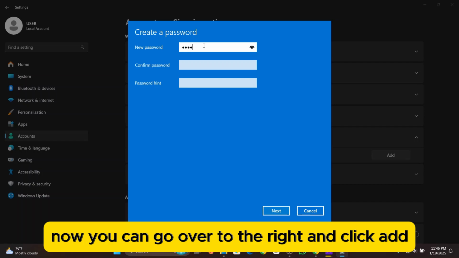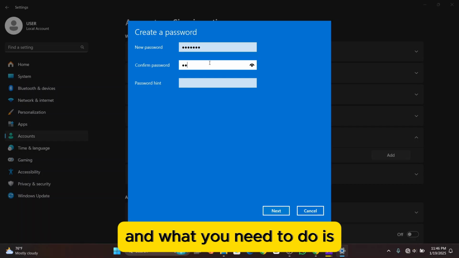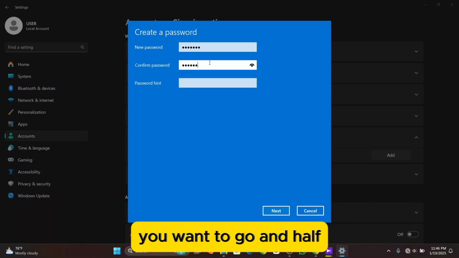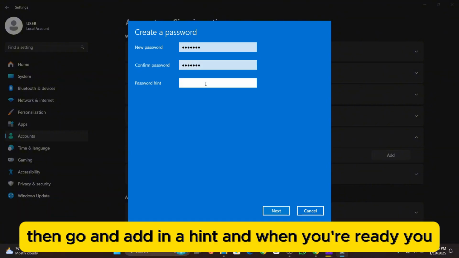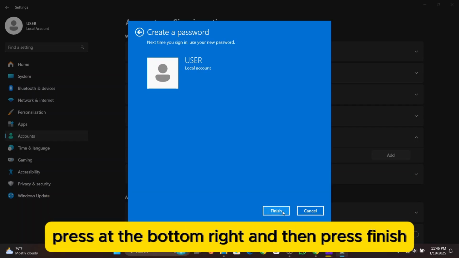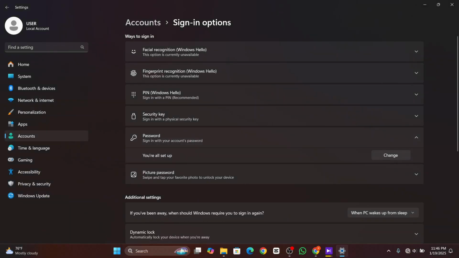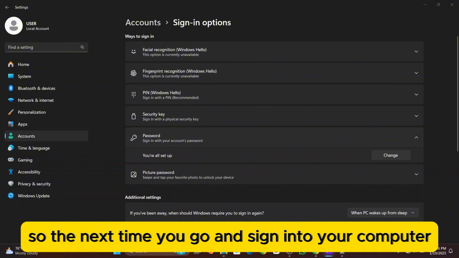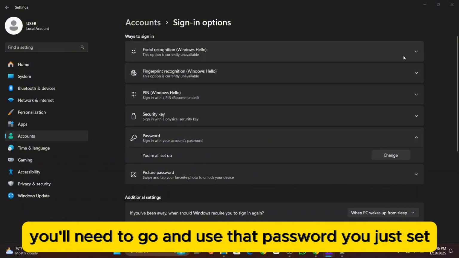Now you can go over to the right and click Add, and what you need to do is enter in the password you want to have. Then add in a hint, and when you're ready, press at the bottom right and then press Finish. So the next time you sign into your computer, you'll need to use that password